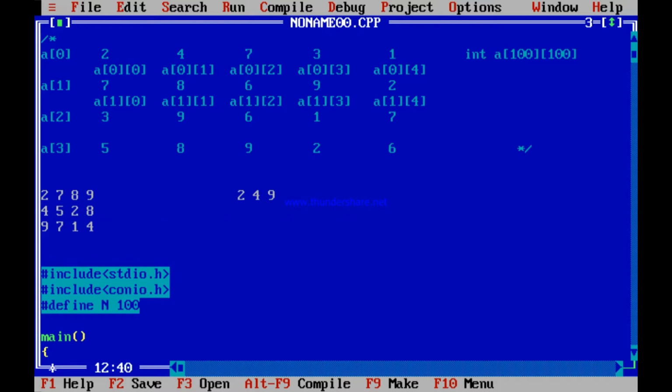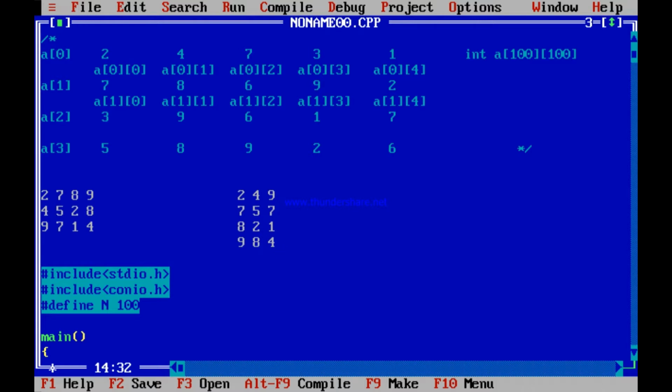So 2, 4, 9 followed by the next row should be, I think you can guess, 7, 5, 7. The next row will be 8, 2, 1 and the next row will be 9, 8, 4. So do you understand? I am doing a transposition of the matrix.